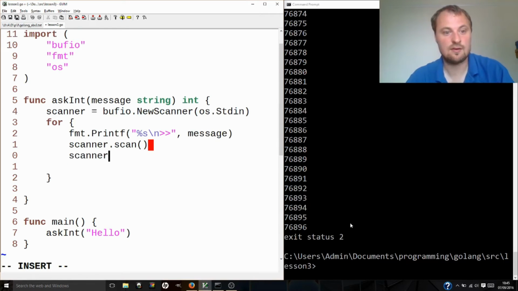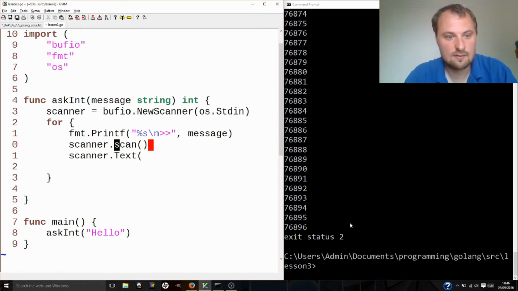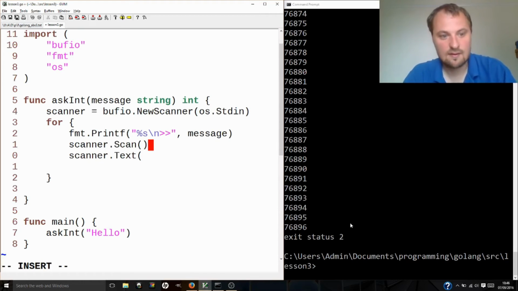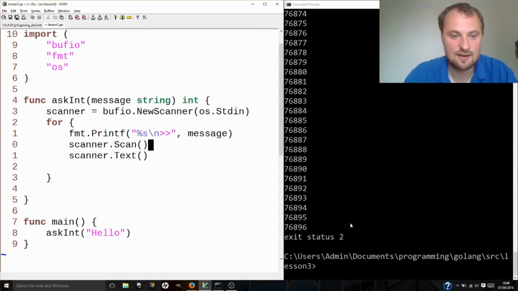So scanner.Text, like that. So the scanner is an object, but the scanner has properties and methods of its own, and Text is a method. Oh, and Scan should begin with a capital S, because of course everything that belongs in another package you're going to have to use with a capital letter, because you can't access the things that begin with a small letter. That's a way of protecting stuff inside your packages. It's scanner.Text,